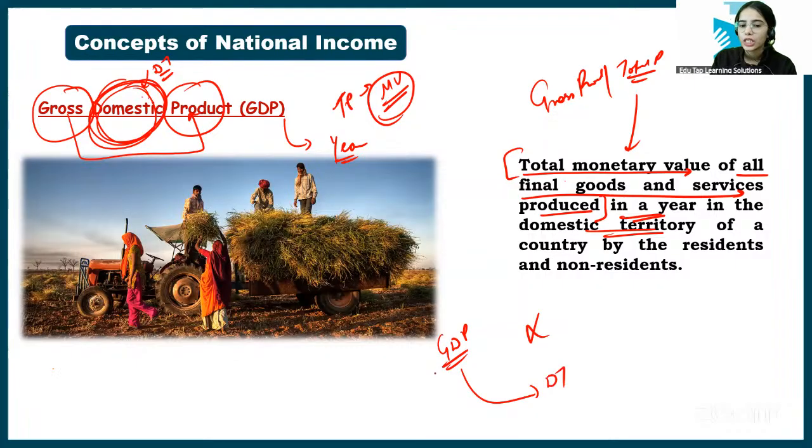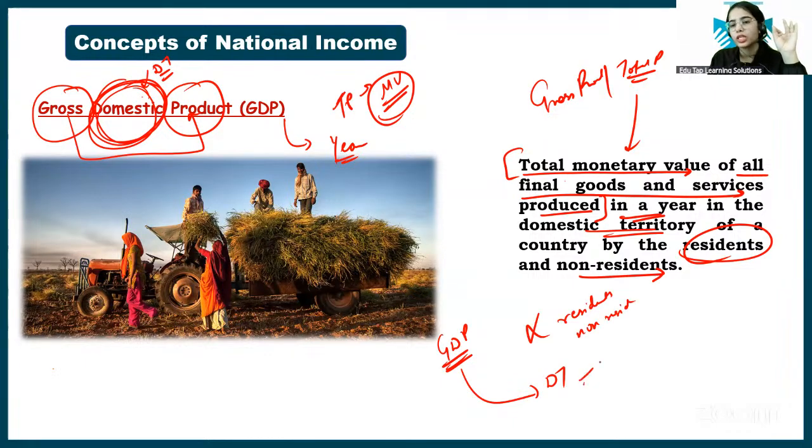Okay. So GDP is the total monetary value of all the final goods and services produced in a year in the domestic territory of our country by the residents, by the normal residents, or by the non-residents. So whenever we talk about GDP, we do not care who is producing it. Residents are producing it, or non-residents are producing it. If it is being produced in the domestic territory,